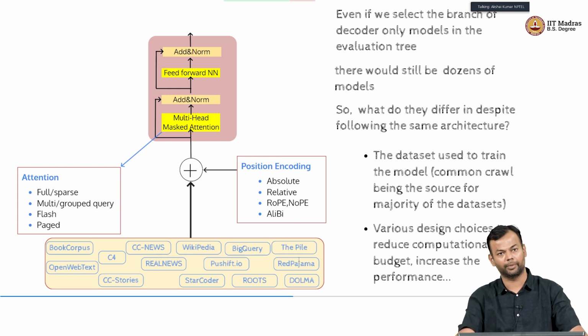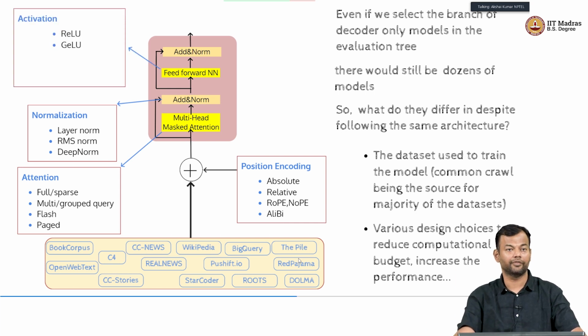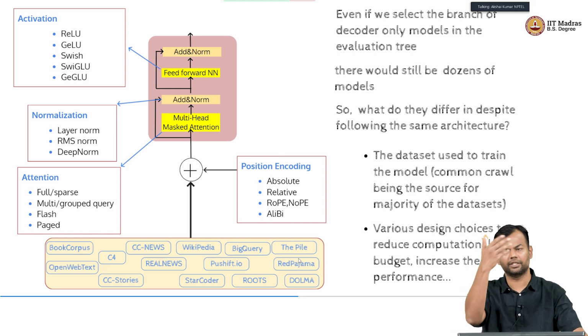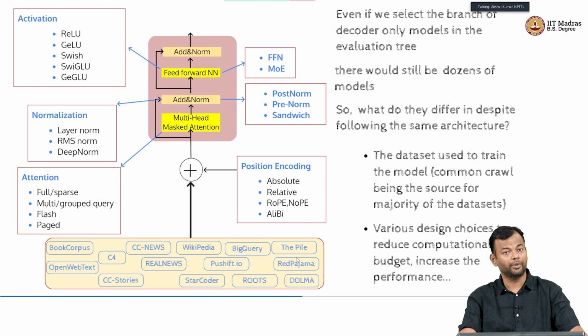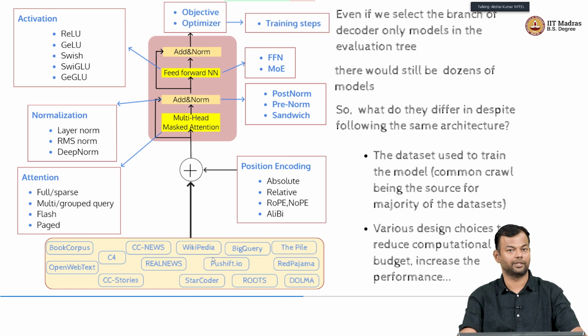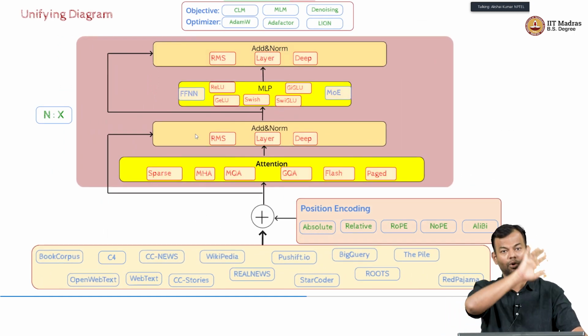So let's look at it a bit more systematically, right? Even in the case of normalization techniques, we have seen layer norm, we have seen RMS norm, deep norm, all of these different normalization techniques have come up. Now activation functions of course have changed over a period of time. Some of these we have already covered in the previous deep learning course, and then you have whether to use feed-forward network or mixture of experts. Then again in normalization there are different techniques, whether to use post-normalization, pre-normalization, sandwich normalization and so on, right? So a lot of things are there, right? Now we would like to come up with a unifying diagram, right, which has all of these